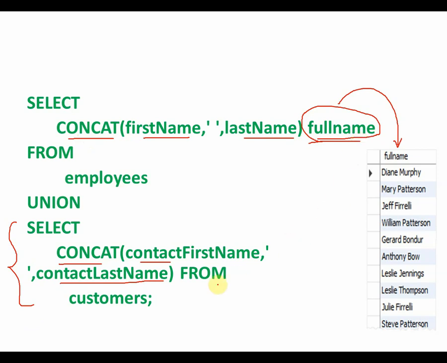So basically it's like this way. Suppose this lower query of yours was your first query, then that query's column names would have got considered. But in this case it is the second query, hence the first query's column names are considered. The union operator is very important, which performs a combination or union of two separate queries.